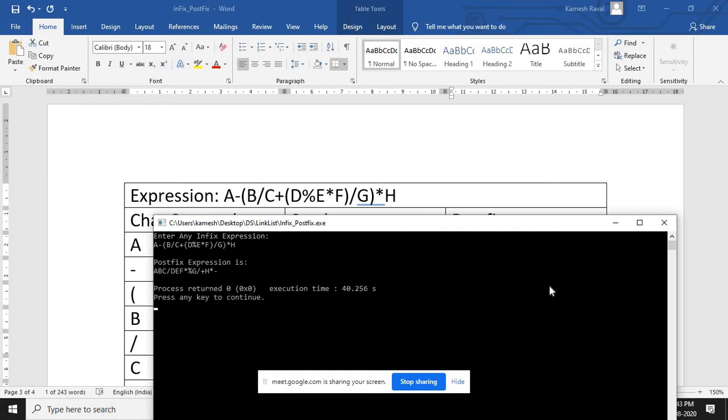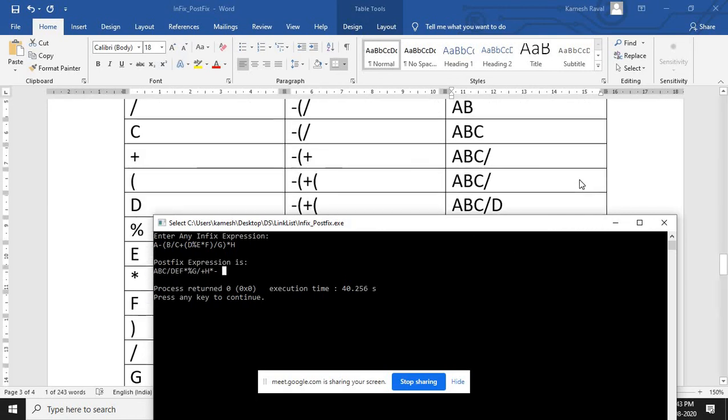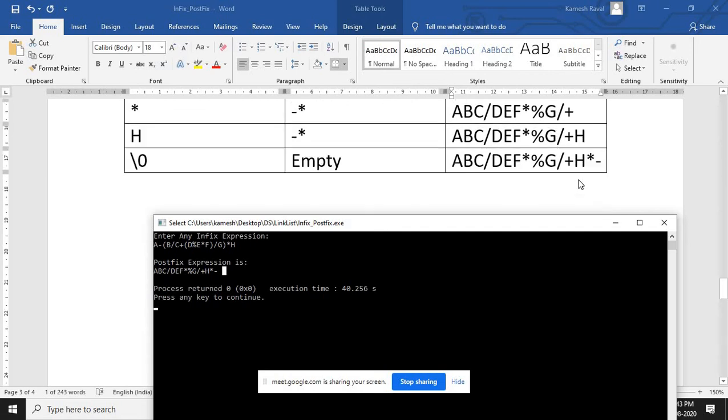If you press enter, this is the postfix we are getting. And you just need to compare this postfix with your answer. So see here, we have ABC, then division sign, then DEF, then into, then modulo sign, then G, then division, then plus, then H, then star and minus, right?